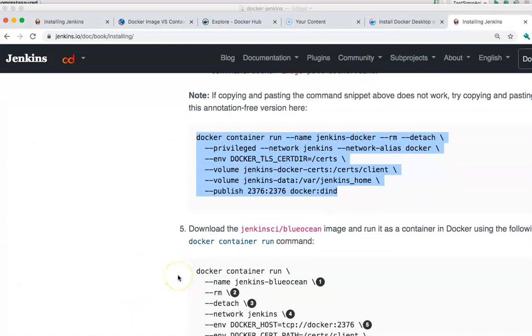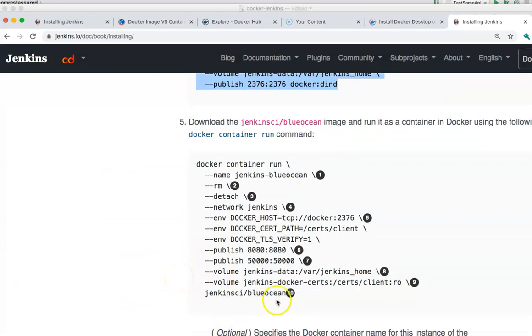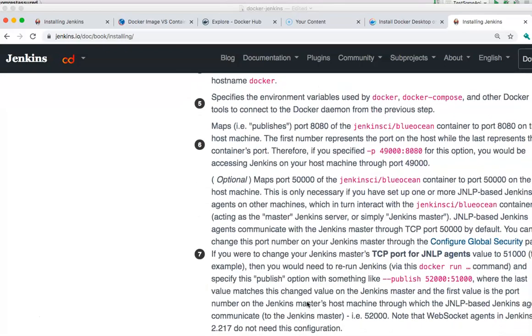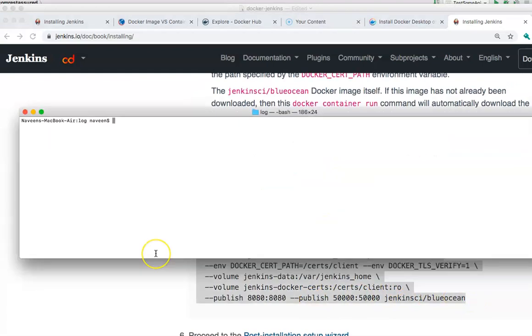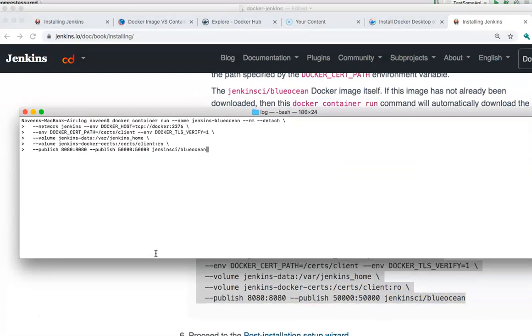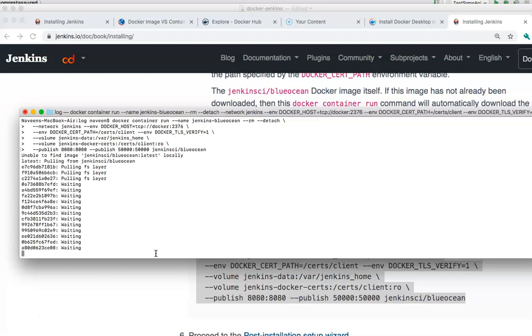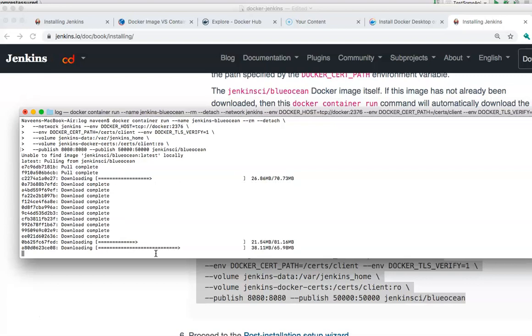And then the last one that I'm going to do is the main one, that is to pull the Jenkins CI slash blueocean. So it's got a better format at the bottom. It's the same thing, and so it's pulling this from the Docker Hub into my machine. So once it completes this, it'll take a few minutes to download that. I'm just going to stop the